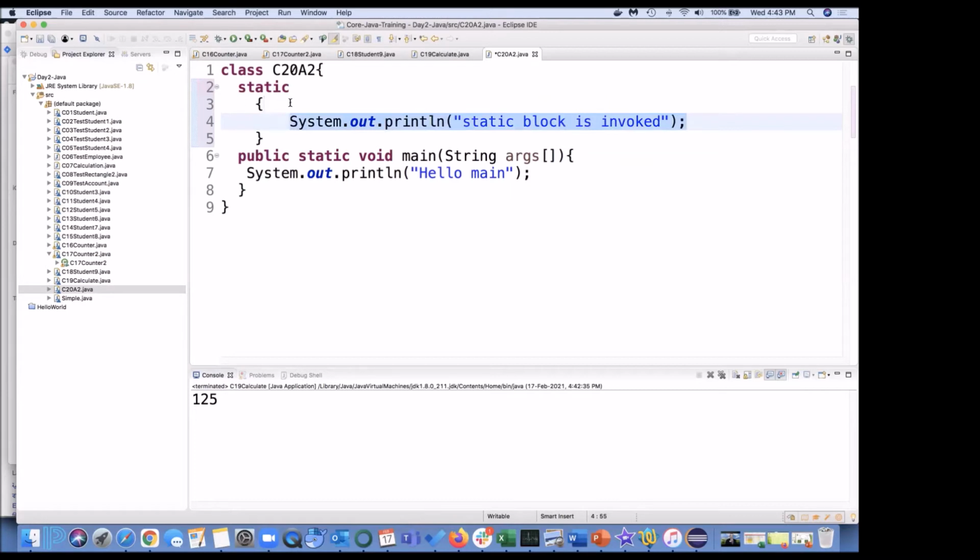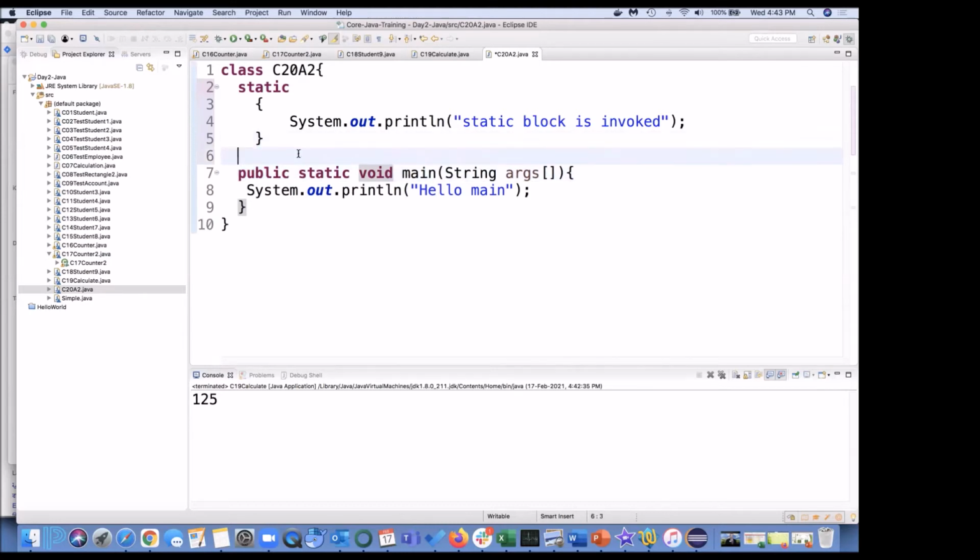See here, this is not a function. These 3, 4 lines are not a function, because what is the definition of a function? We know a function will be something like this. We'll be having some arguments, maybe some return type, and some access modifier as public, private, and all. May or may not be, but at least it should have some argument and some return type. And this is just a block. Which kind of block? Static block.